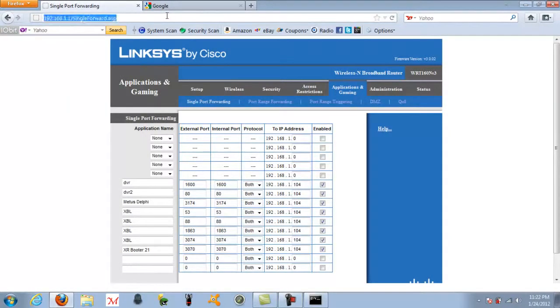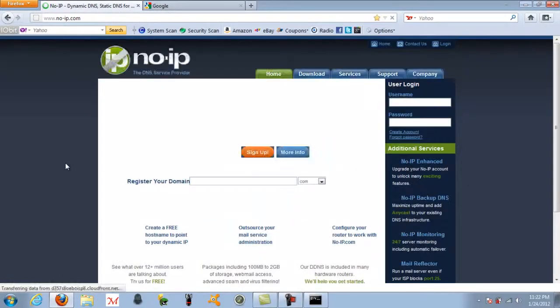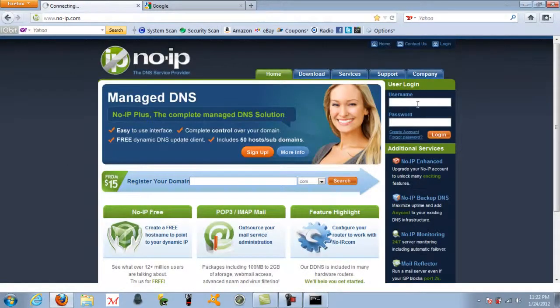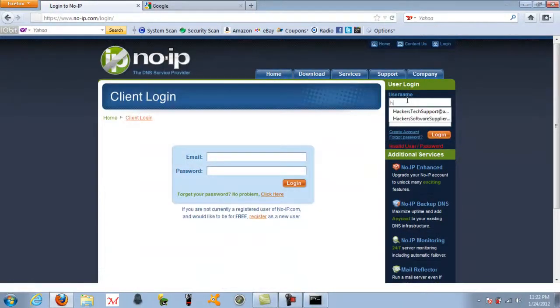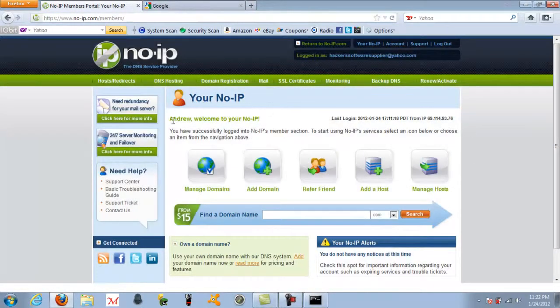Then you want to go to no-ip.com. And if you don't have an account, you want to register and log in, but if you do, you can just log in. Pretty sure that this is it. No, it's not. Hold on. There we go. Alright, so when you log in, you should appear at a screen that looks like this. Go to add a host,